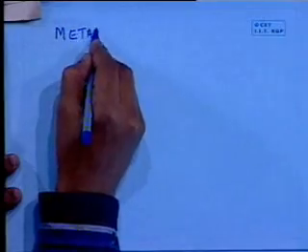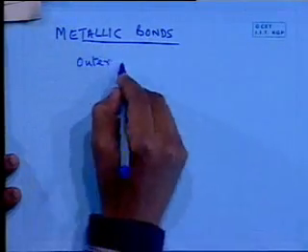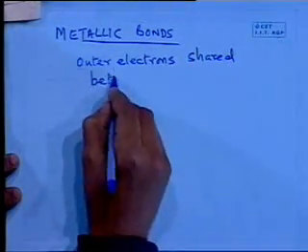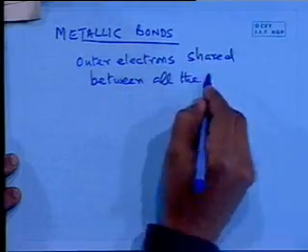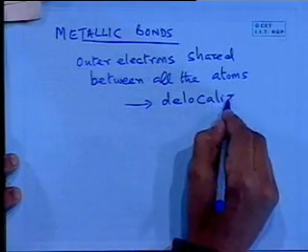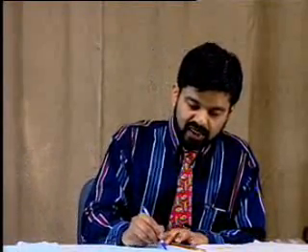Let's look at metallic bonds. In this case, the outermost electrons are shared between all the atoms. In other words, these electrons are delocalized. They are not bound and kept in one place. It's as if the sharing is between all these atoms. Previously, in the covalent case, we shared between 2 atoms. The electrons were more or less localized. In this case now, the electrons are shared between all the cores. And the characteristics that we have